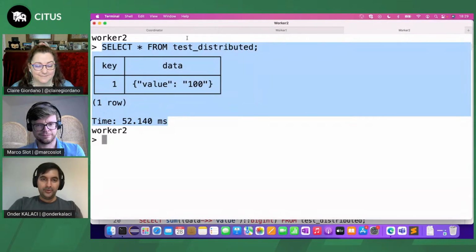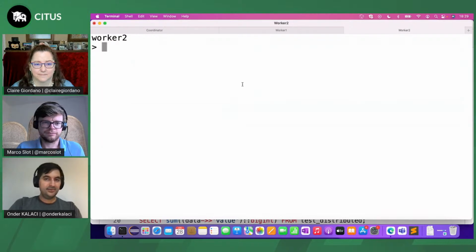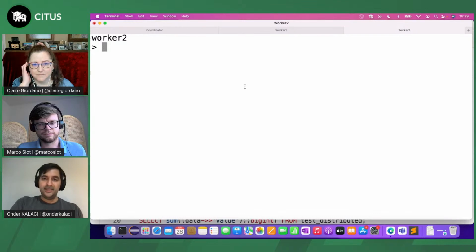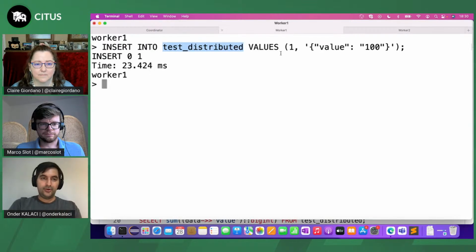And then how do we achieve this? If you are familiar a little bit with Citus, Citus keeps some metadata about, for example, which tables are distributed in the system, what the shards are, what the shard ranges are, etc. And how this works is that as soon as anything changes, like any table is created, any metadata change operation happens, the changes are replicated to the workers. So for example,